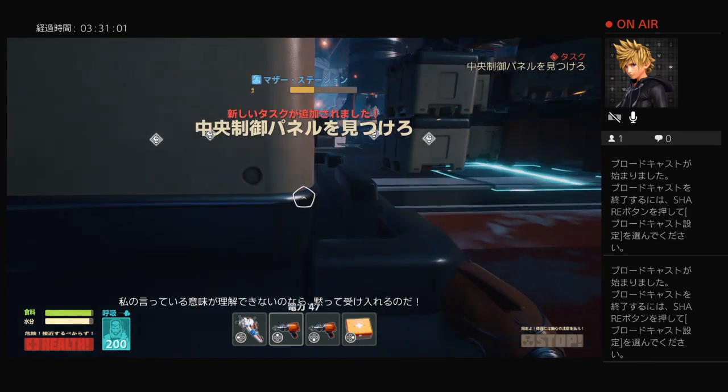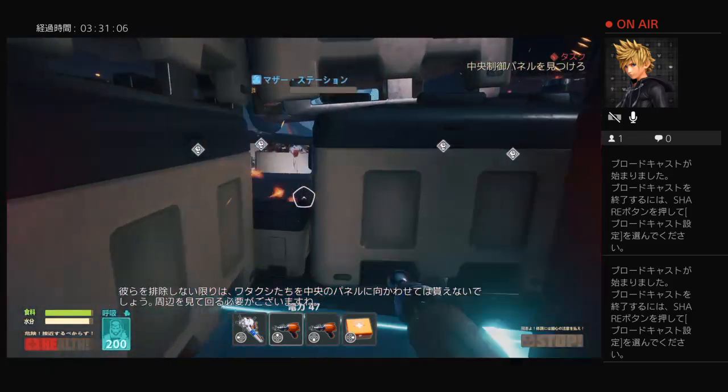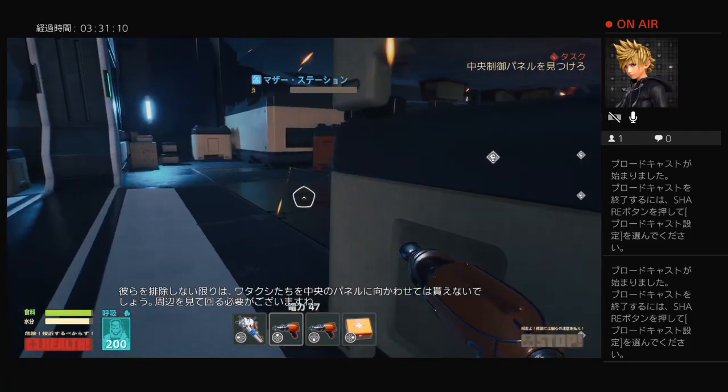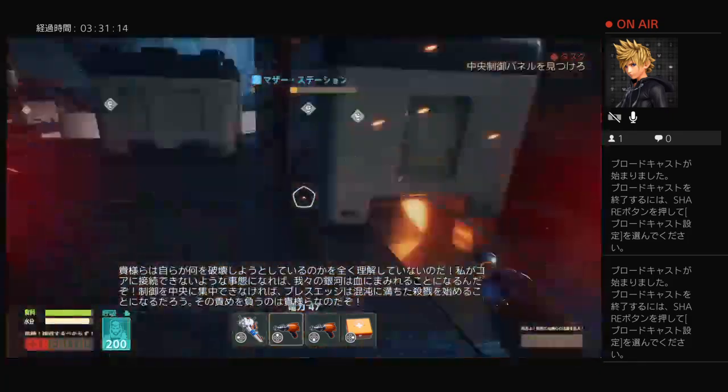Idiots. Kill. Kill. Kill. They won't let us get to the center panel unless we get rid of them. We need to look around. You don't know what you're trying to destroy. If I...